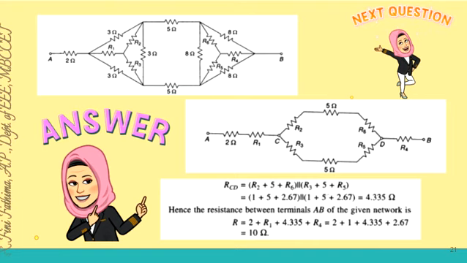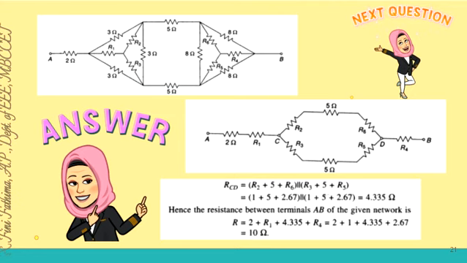Now it is very easy because R2 is in series with the 5, which is in series with R6. So we can sum up R2 plus 5 plus R6, and R3 plus 5 plus R5. All these are in parallel. So we have to solve for this parallel connection. Both are there, and if they are in parallel, then the resistance is (R2 plus 5 plus R6) by 2, because both are the same resistances.